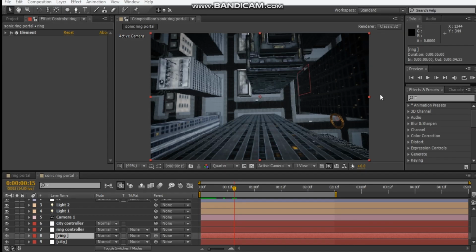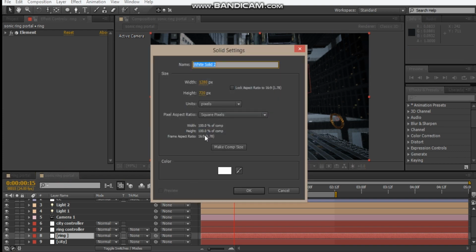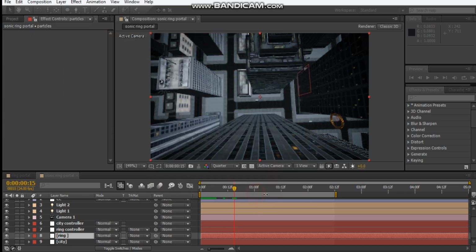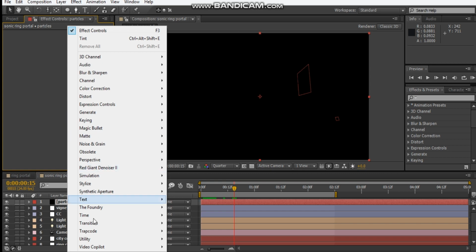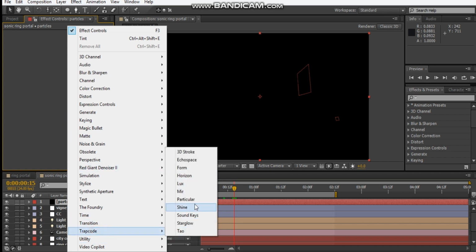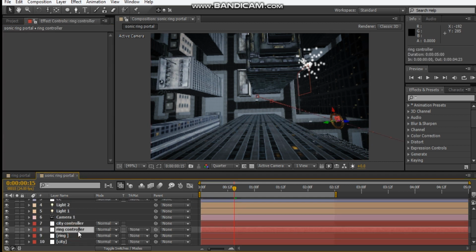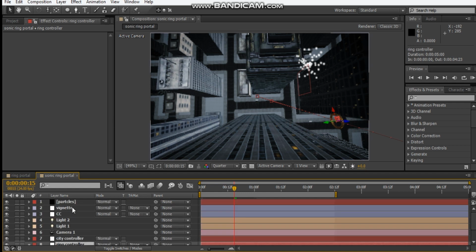Okay, so welcome back to part 2 for the Sonic Ring portal effect. So we're just going to pick up where we left off. So let's make a new solid and we'll call this particles, and we'll make it black. Hit OK, and then we'll go into Trapcode Particular. Okay, and then if we go into our ring controller, hit P on that, and then